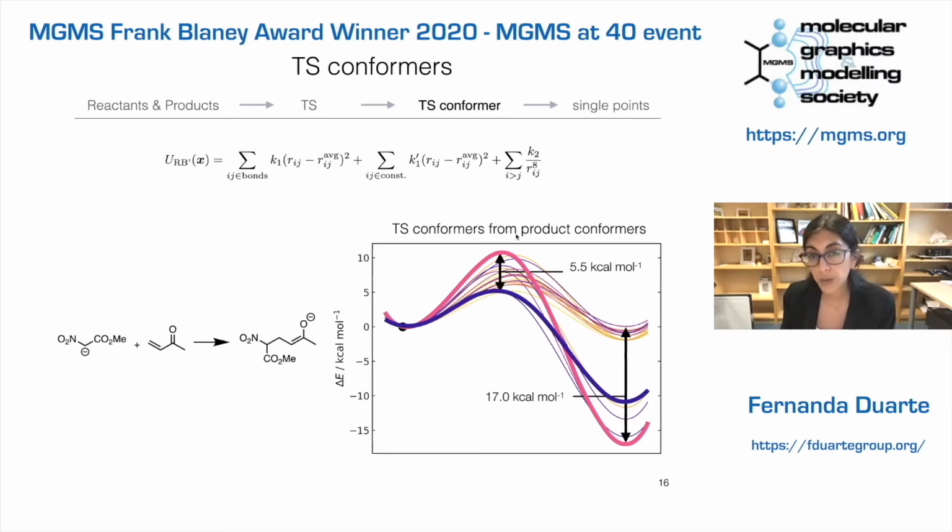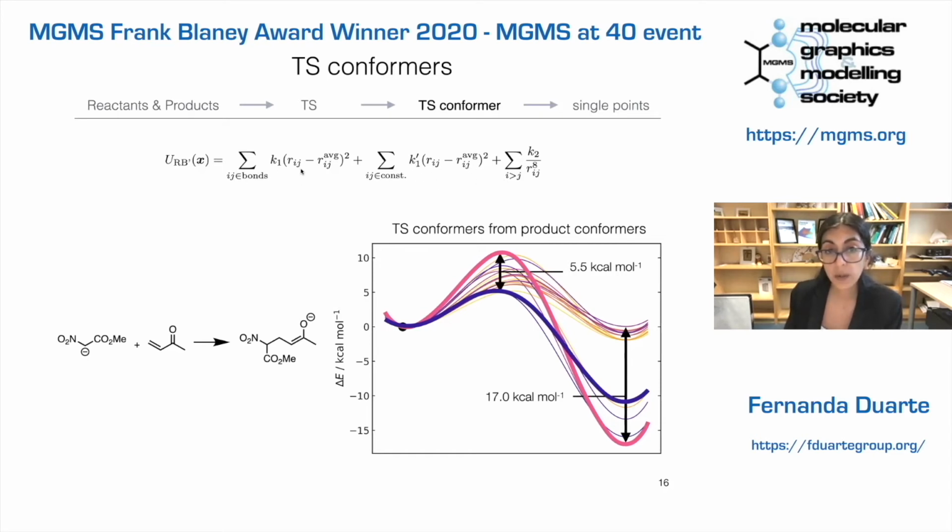Something very important to consider is conformers at the transition state. That is sometimes not very common, still not so common in organic chemistry. And it's very important because you can see here that a reaction giving you the most stable product is not necessarily the one connected to the lowest energy pathway. So I think it's very important to sample both reactant and products, but also the transition state. We do the sampling of those in the same way that we indicated, with the same energy form that we were using before, with some restraints.